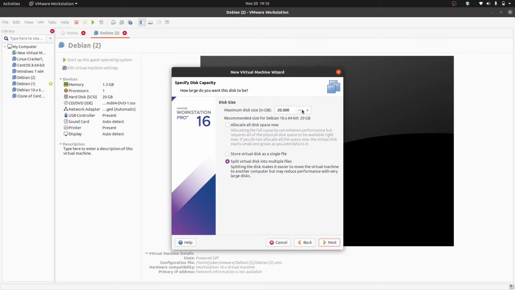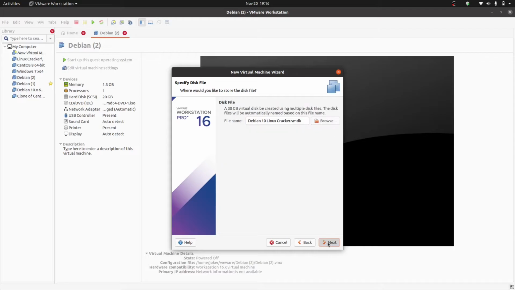Here I will give 30 GB as the maximum disk size for installing the operating system. You can use the plus icon to increase the disk size in GB. Then we will select split, and here is your virtual disk image file, Debian 10 Linux Cracker .vmdk.